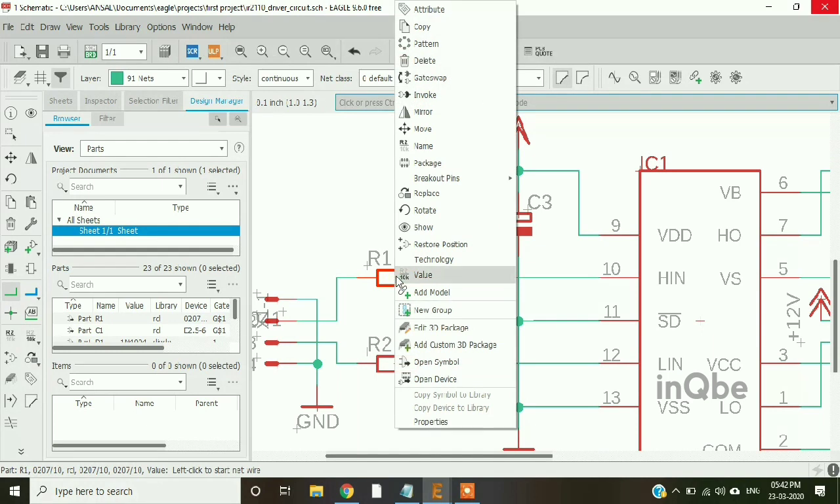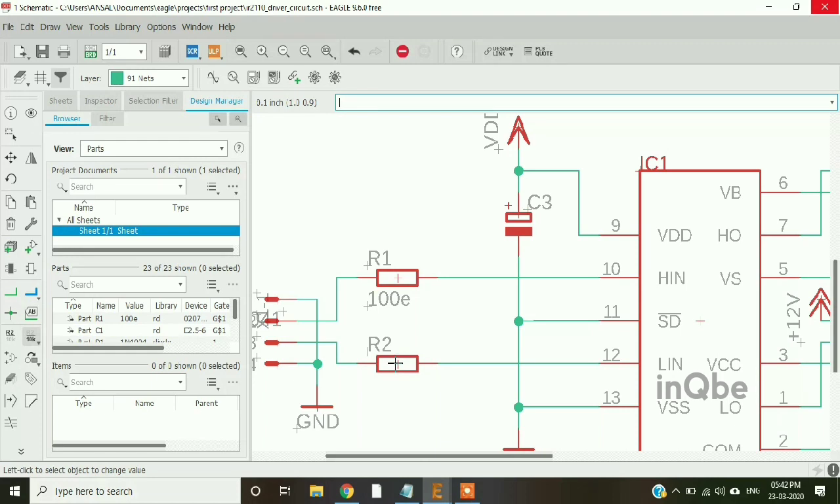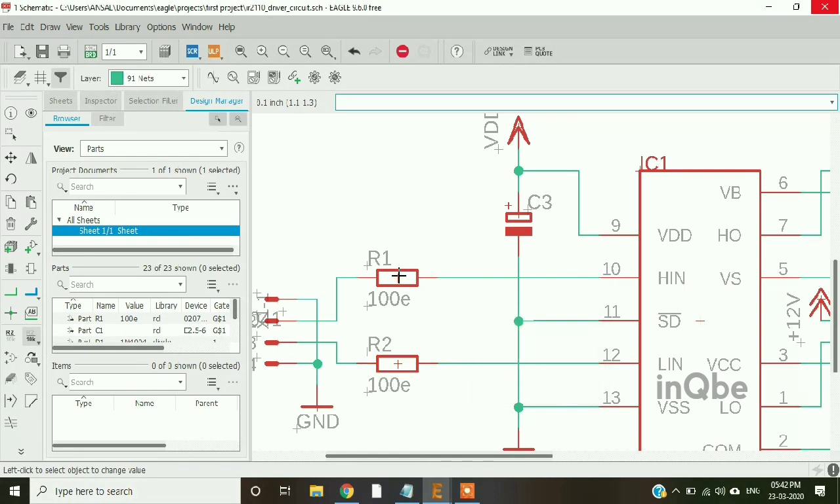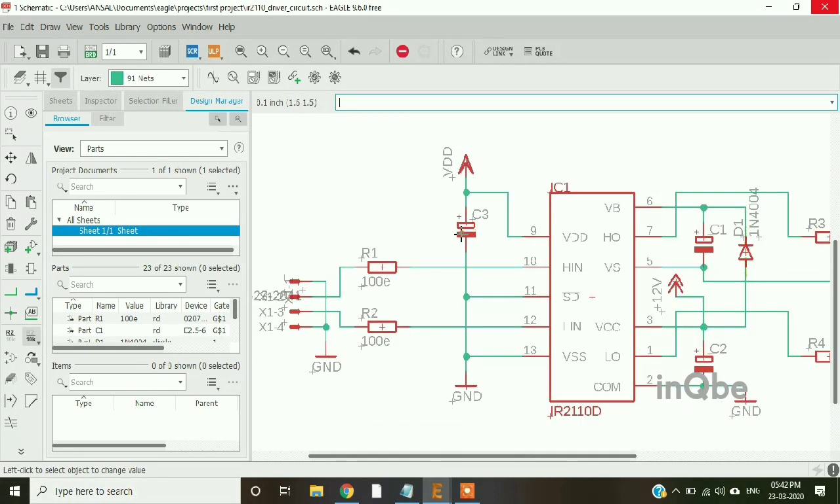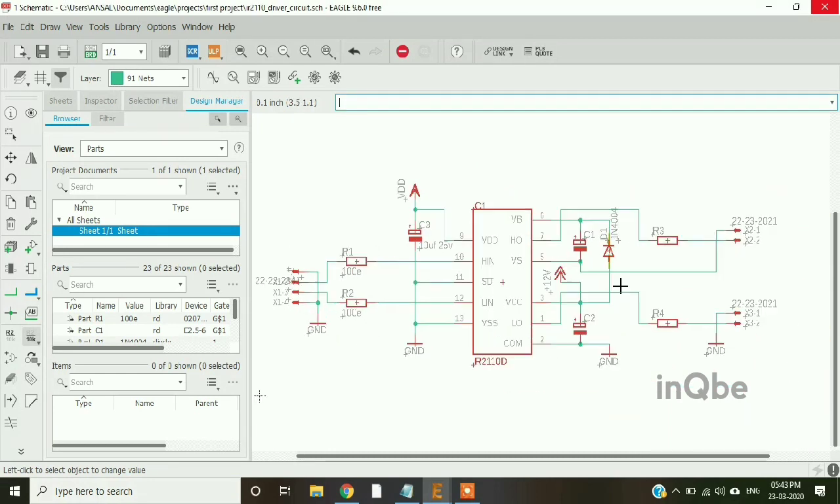Now we can insert values for the resistors for each component in the schematic. I'm giving the resistor value as 100E. Similarly, I'm giving the value of resistor R2 as 100E. Capacitor value as 10 microfarad, 25 volt. Similarly for capacitor C1,